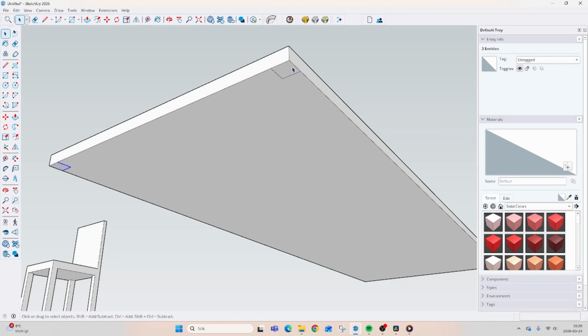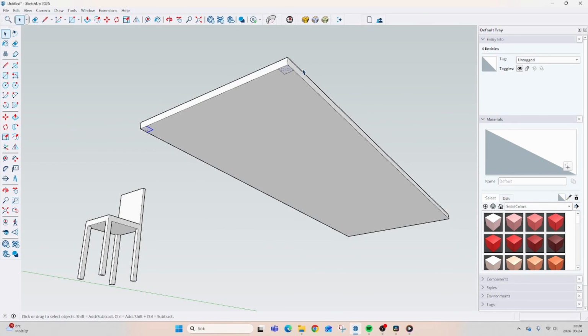Go back to Select, hold down Control and click on the other side so they're both selected. Take Move, press Control, click on the endpoint, oh sorry, this endpoint, select them again, move this endpoint and move them to the end of the table, and then give them a thickness